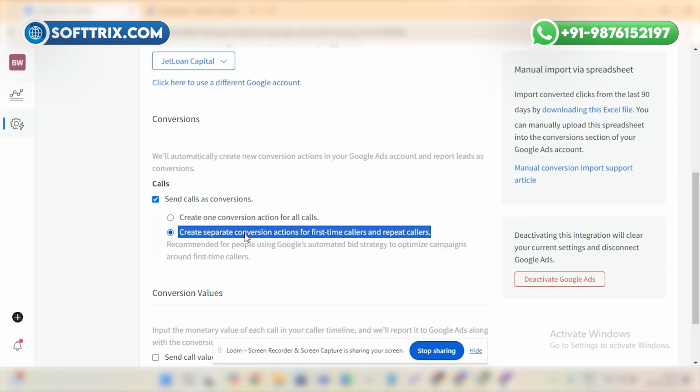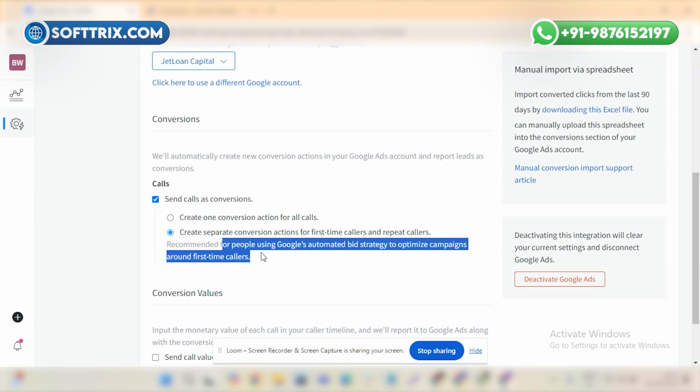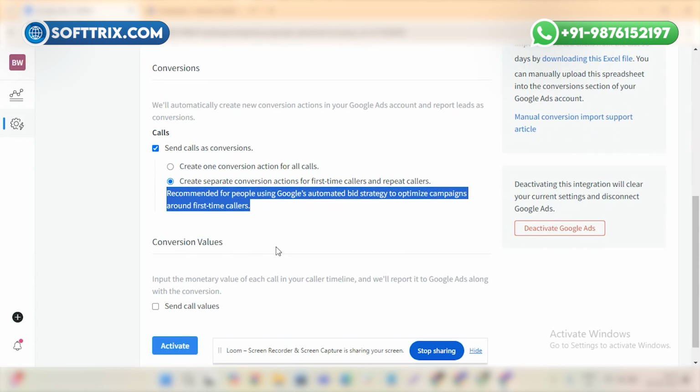It will create a separate conversion action for first time callers and repeat callers. It is also recommended to use Google auto bidding strategy to optimize campaigns around first time callers, because everyone wants new business. Existing business is already there, so everyone wants new business and to track that new business as a conversion.